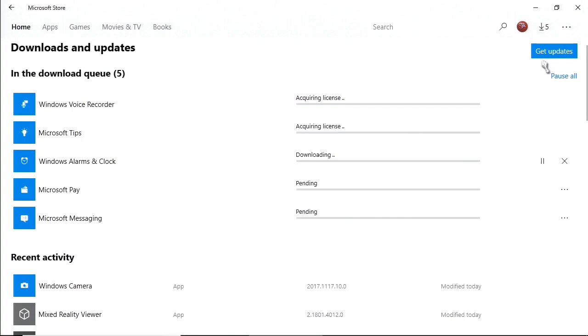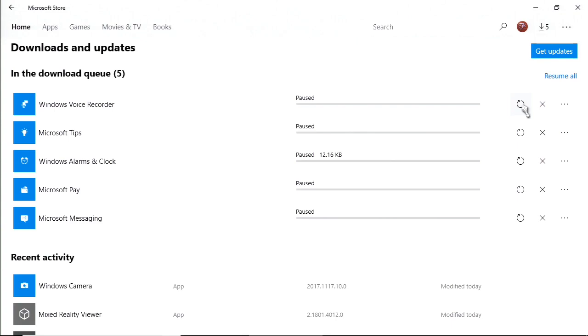And if it doesn't already have the updates, you'll need to click Get Updates, and then it'll start downloading all the updates. But I usually pause it, and then I just go through them one at a time if you have the time to do that. I just find I get a little better throughput and don't have as much lag between apps updating doing it this way. Like I said, it just depends on how much time you have. If you keep your computer relatively up to date, you're not going to have very many apps that need